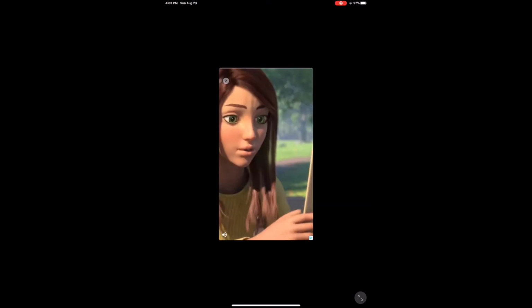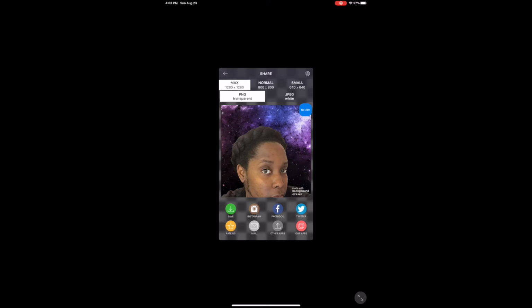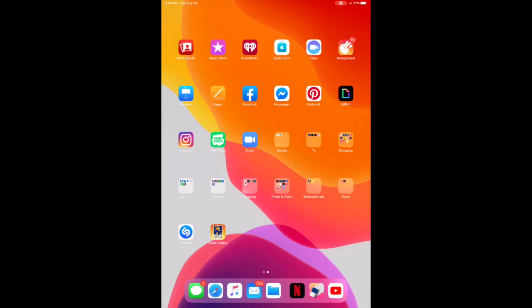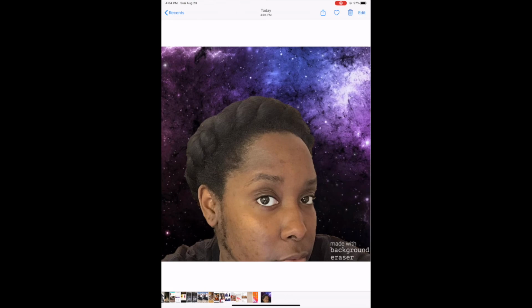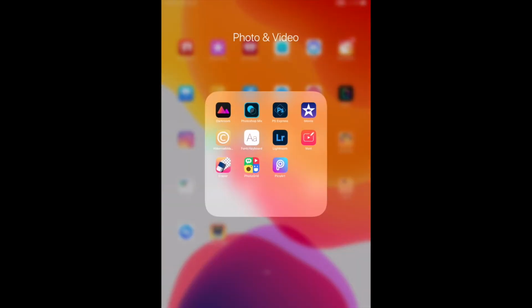When I pressed save, this app, I guess, was like, you gonna watch a commercial. That's the only thing about this app that I didn't like. I saved it. I wasn't sure what to save it as, so I took a leap of faith. Then I went to my photos and made sure that it was the way I saved. I don't like how it left that little, I guess, watermark down at the bottom either. But that wasn't the problem when I moved on to the next app, which was...